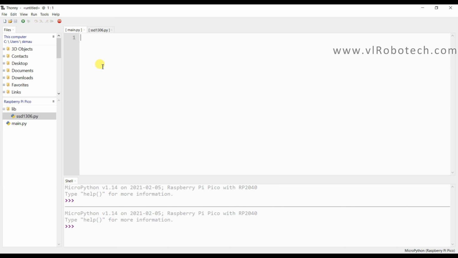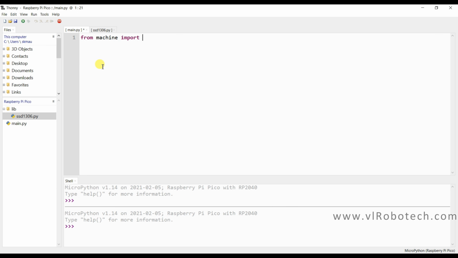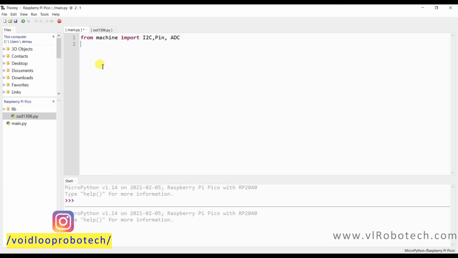First of all, I will import I2C, Pin and ADC classes from the machine library. So from machine import I2C, Pin, ADC.